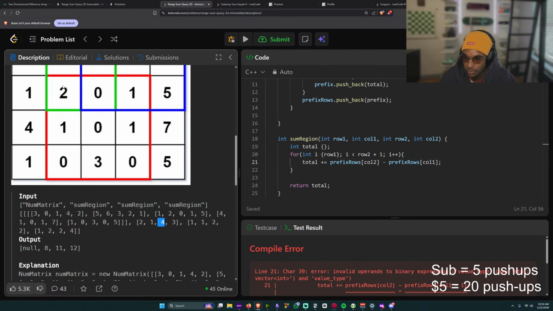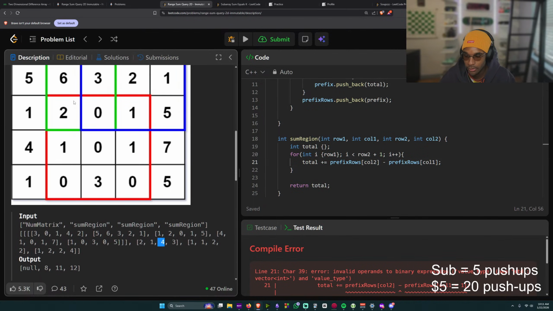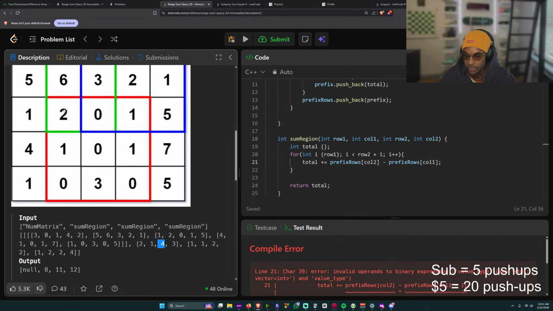What's the issue here? Column 1 is 1. Prefix at 1 would be 3. Yeah, it's a minus 1. Column 1 be 1.